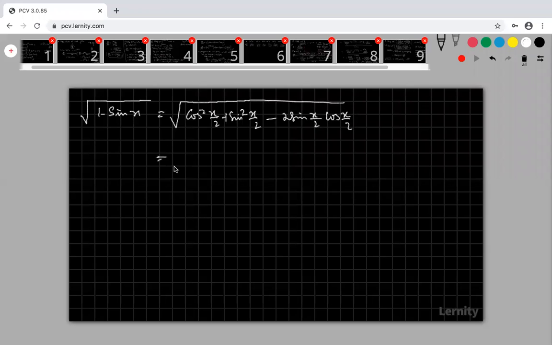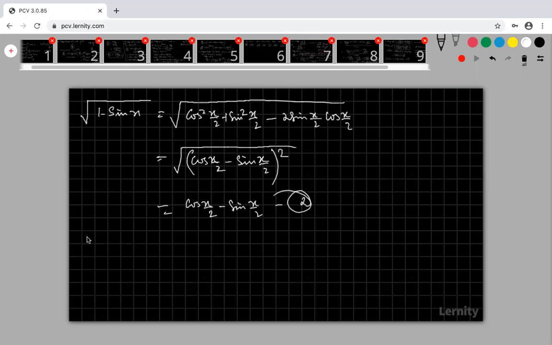So therefore this will become, cos x by 2 a square plus b square minus 2ab, so cos x by 2 minus sin x by 2, because this is the a minus b whole square formula. So this will become cos x by 2 minus sin x by 2. This is my second equation. From 1 and 2,